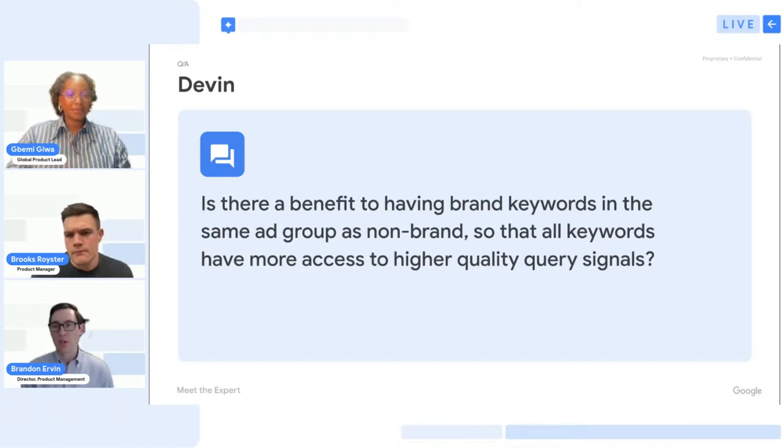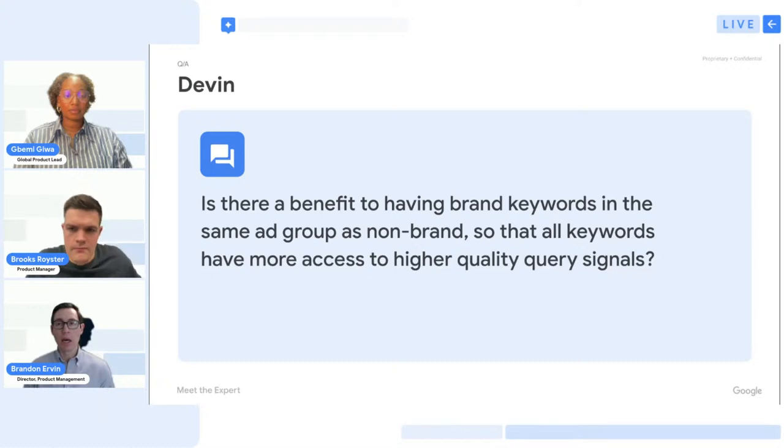Yeah, it's an interesting question. I would say it probably depends on your goal. If you don't want to separate brand from generic, for example, you can certainly have the same keywords, brand and non-brand, in the same ad group. I would go so far as to say that you could even just run the non-brand version as long as they're generic versions of the brand keyword, because those generic versions will already capture that brand traffic as well.